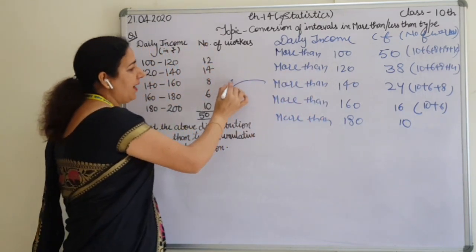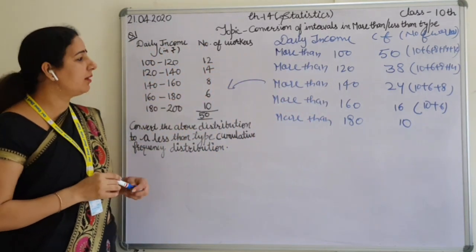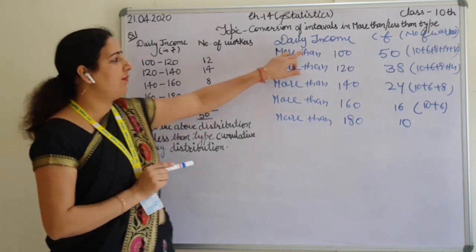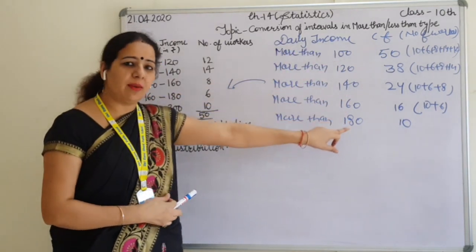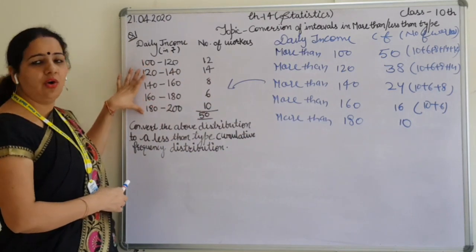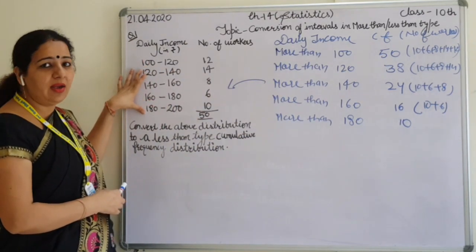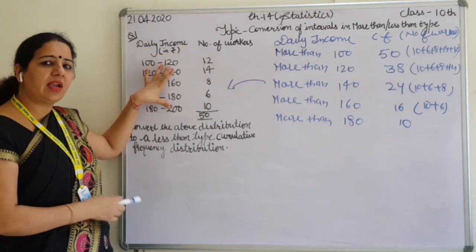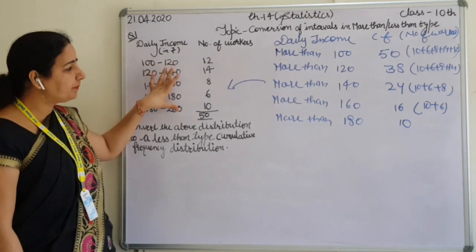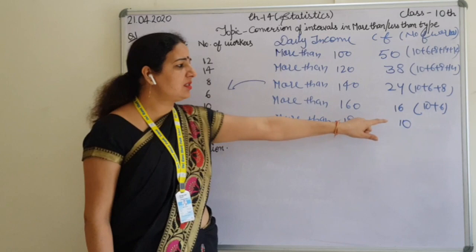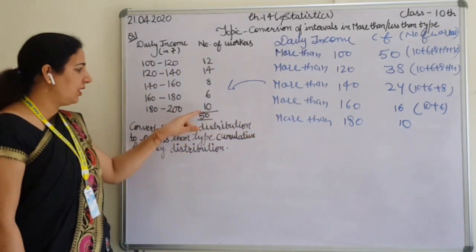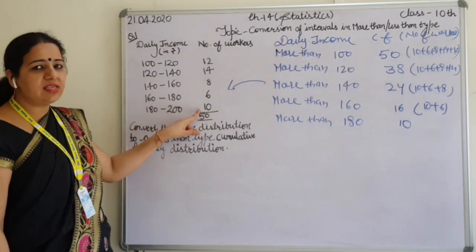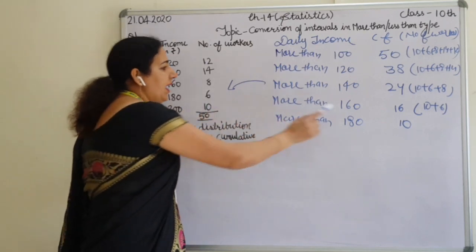Now let me come back to this question. How will we come back to the question? With more than, the digit written with the more than will be our lower limit. Yes, they are the lower limits. Now respectively, by the difference of 20, we can design our upper limit. Fine. The question will start from the bottom. Yes, I have started from the bottom. The last number will remain the same, 10 and 10.